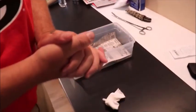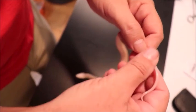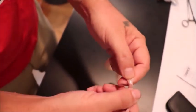So next we're going to demonstrate a male. So here we've got this little bull snake. Now we know this is a male, but we're going to pop him and just show you what it looks like. If you find his, we're going to call it bunghole, and put your thumb right here, put a little pressure there, and then